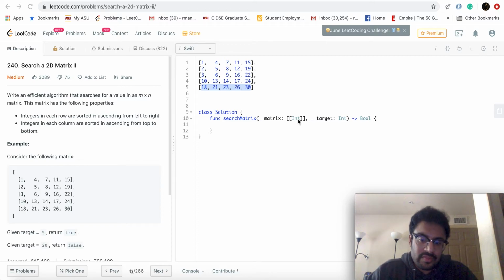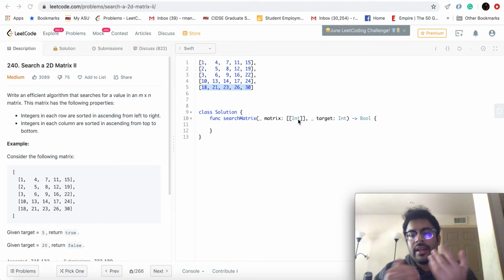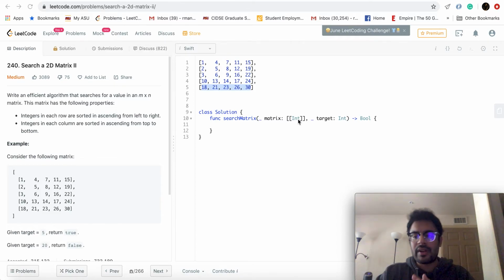What we can conclude from this is maybe we should be searching in a row which has lower values, which means that we need to move to the row just above 18, because there is a possibility that we could find 5 there. Definitely we won't be able to find 5 in this lowest row.